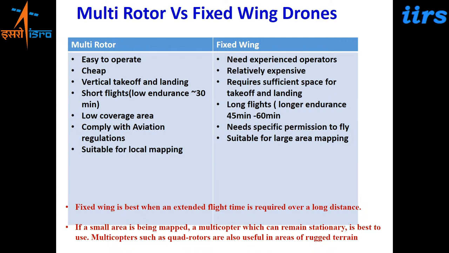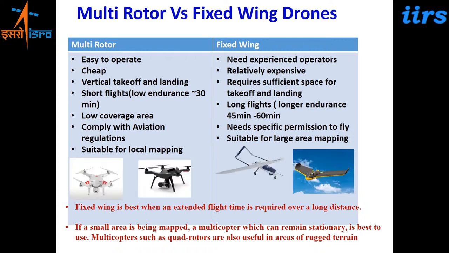And multi-rotor also has an advantage that it can stay stationary at one point for a sufficient amount of time. So in a rugged environment, where you do not have sufficient space and small areas are to be covered, you want to have a flexible flight. Like if you want to cover a building where damage has happened, you want to go in a circle around the entire building, so it can be tilted. The angles can be rotated also in a multi-rotor. Fixed wing goes just like an aircraft. So wherever flexible flying is required, rotors are more advantageous.